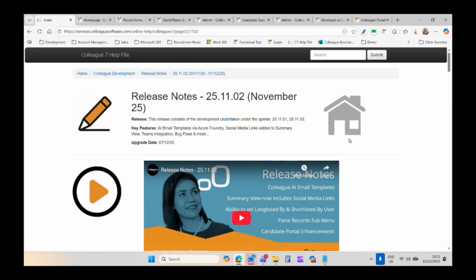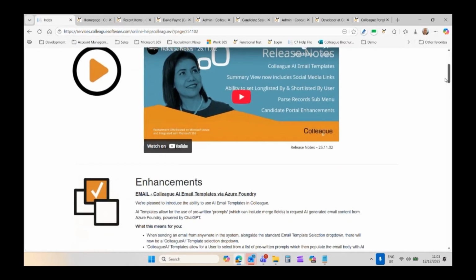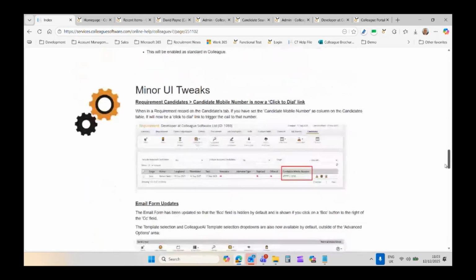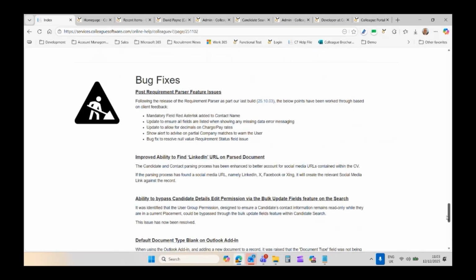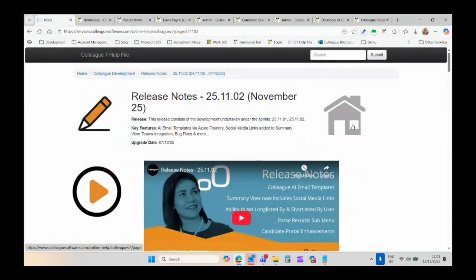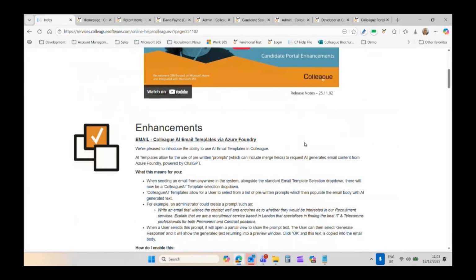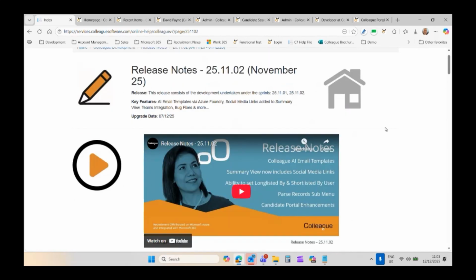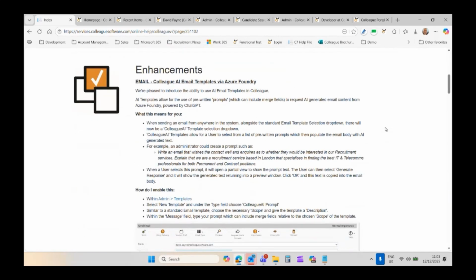In terms of the release notes, effectively they are broken down into enhancements, minor UI updates, and bug fixes. In this session, we tend to do a review of the enhancements and of the minor bits. Obviously, we don't go through bug fixes, so to speak, but they're also there in the release notes to be reviewed. But I'll go top down, and we'll start with the main update, which is all part of our AI